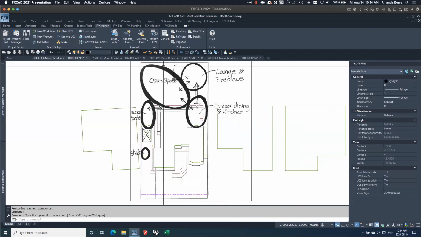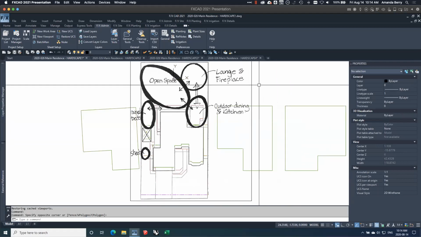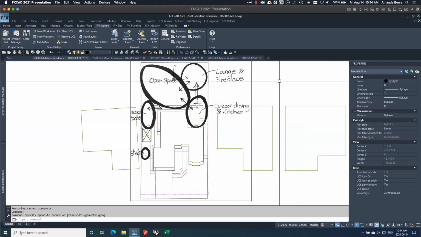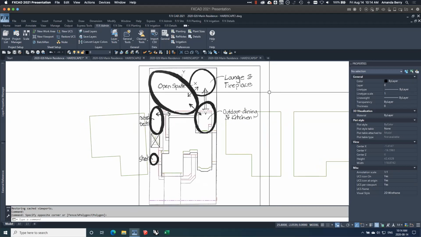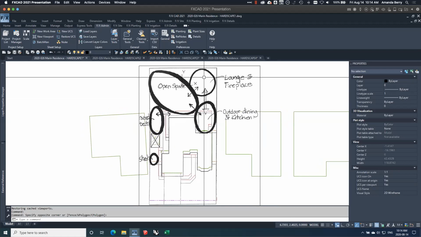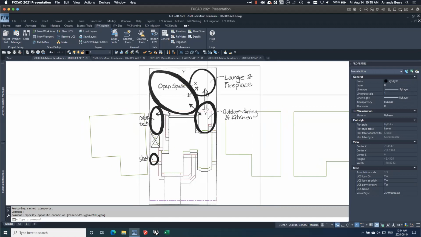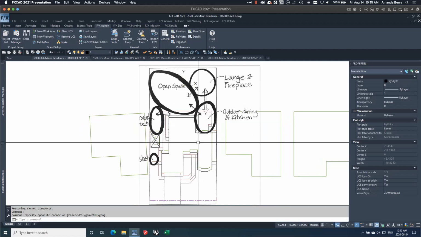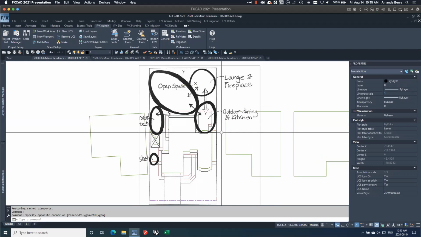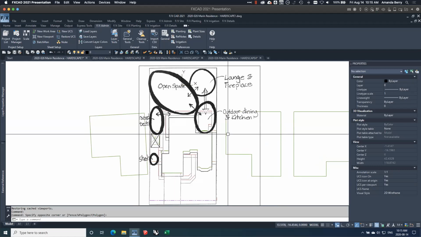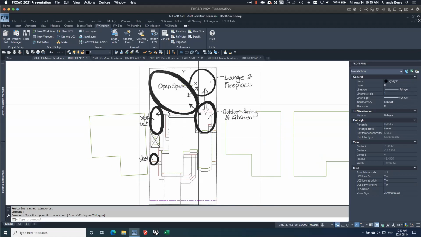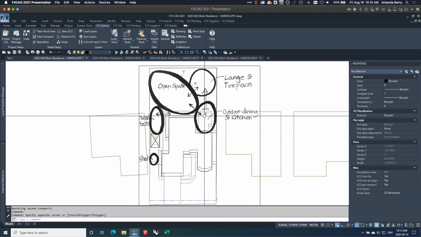Now, this is really simplistic for today's purposes. Obviously, I would probably refine it a lot more if I was doing something else. I just want to give you an idea of where we're going here. So I've kind of identified, talk to the client, identified what they want in their life in this project, and figured out how those will probably fit into the existing conditions on site. And these are all very broad strokes. And these are great, but